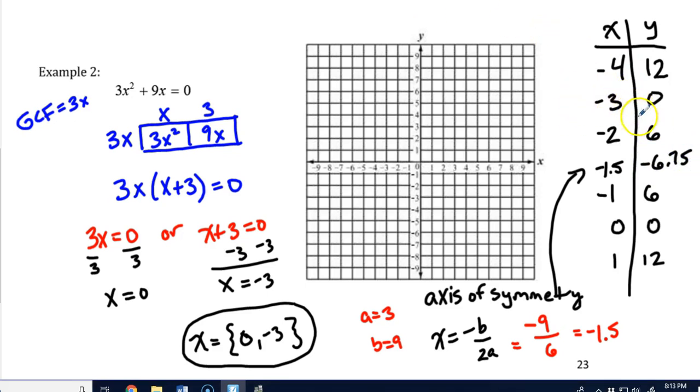Now, before we go any further, I did catch a little mistake here. I did not have my negative signs on the 6's. So hopefully you caught that in the table, and it just didn't make sense the way things were going. So get those 6's to be negative. Plot these points, please. We're ready to transfer our table, which, by the way, checks with our